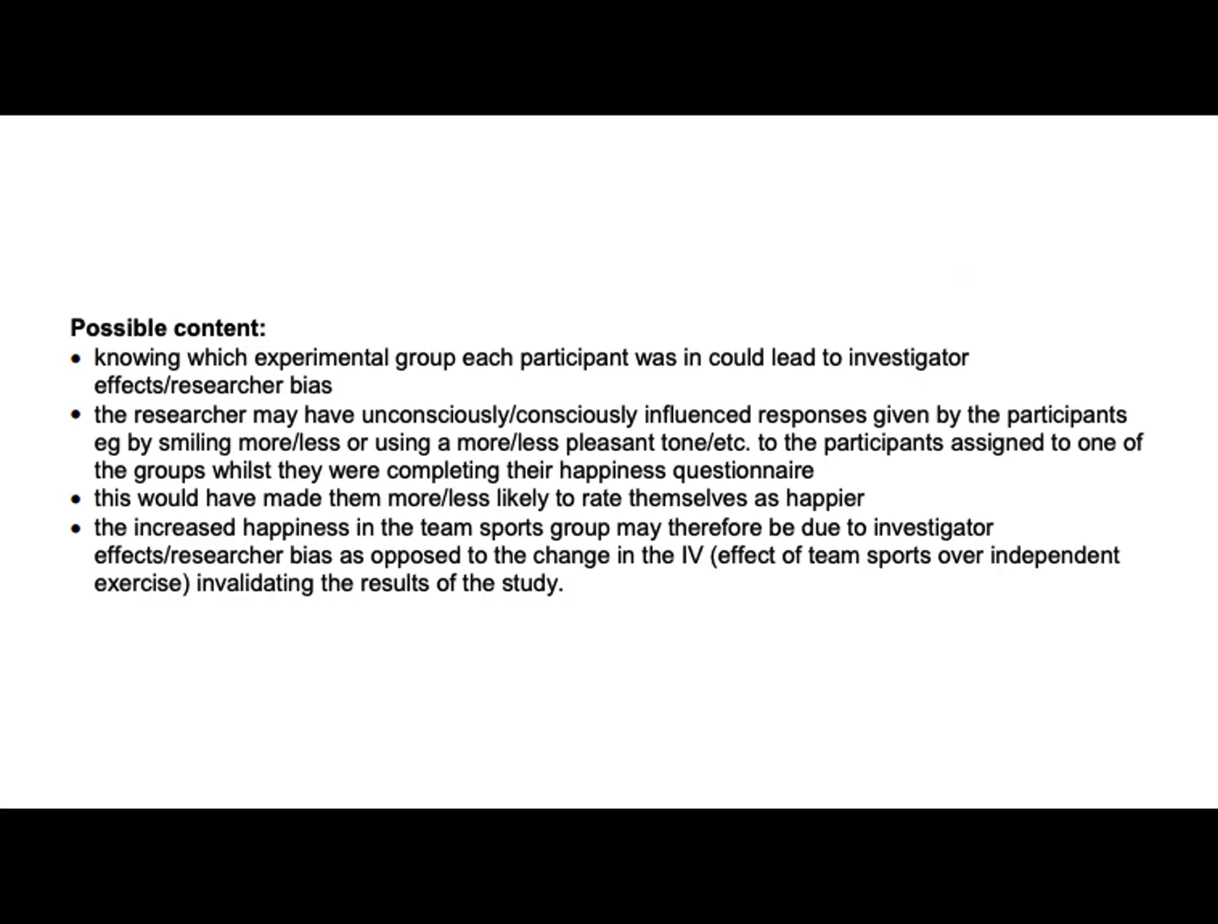So here, the fact that the experimenter knew who was in each condition could lead to investigator effects. And then we've got some specific examples of how this might impact on our DV. How might this create an extraneous or potentially confounding variable? For example, the researcher may have unconsciously or consciously influenced the responses given by participants. They might have smiled more or less for one group than another while they were answering the happiness questionnaire. This meant that participants would then rate themselves as happier if they were put in a more positive mood by the researcher, and therefore this is going to have a direct effect on the DV,